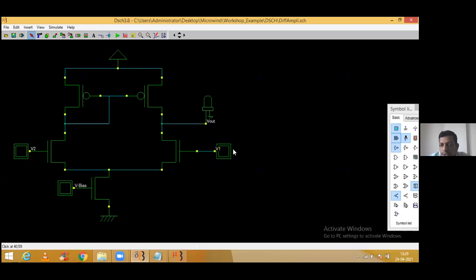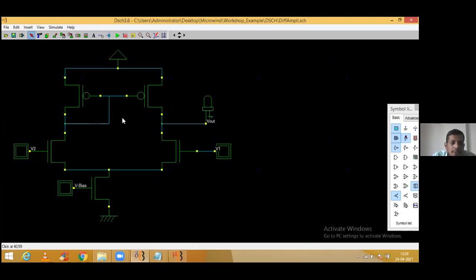So V out equals K, the amplification factor, times (V2 minus V1), that is actually our equation. Is it fine? Forget about this. I told you, because of this connection, the mirror of this structure is acting as a current mirror, and the current mirror circuitry is the base of your CMOS-based differential amplifier. Now, how is it going to work?